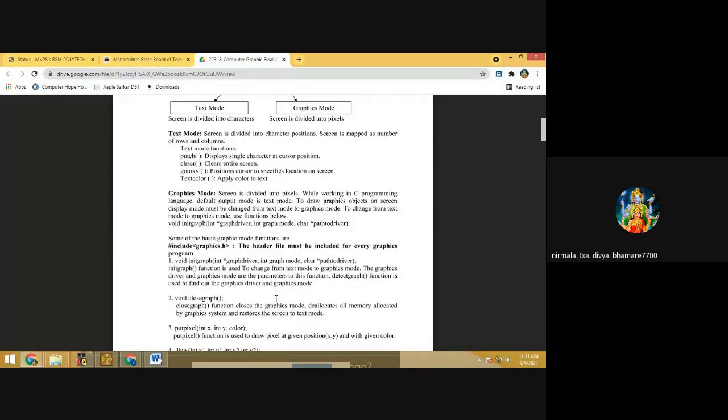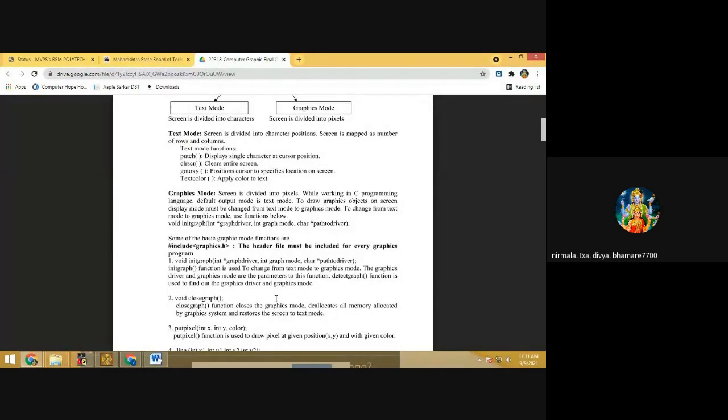Then the second function is closegraph. So how is the closegraph function written? void closegraph. This function is used to close the graphics mode. So see, by default the mode is text mode. Then to perform the graphics practical, we have to change the mode from text mode to graphics mode. So how do we change the mode? By using the initgraph function.